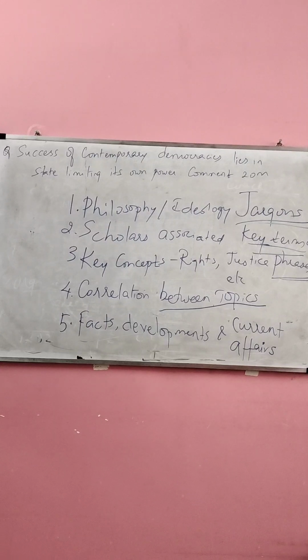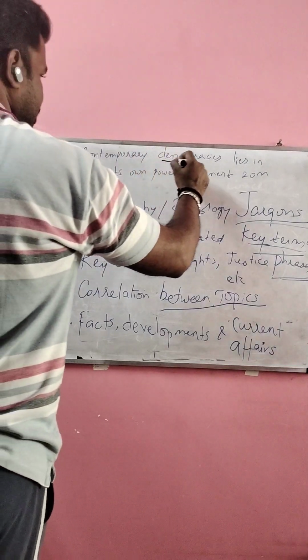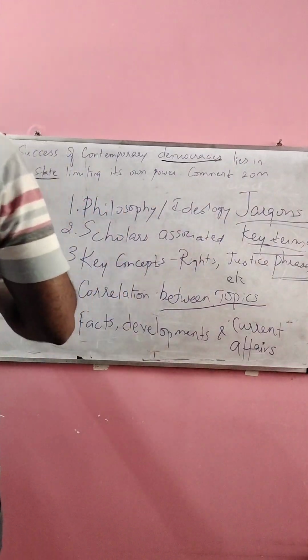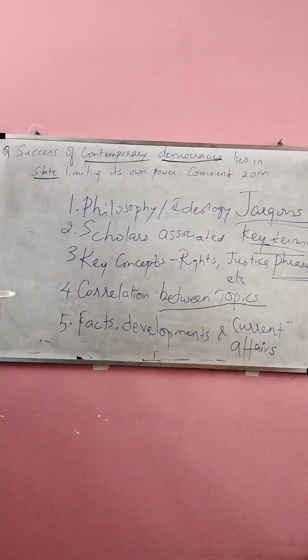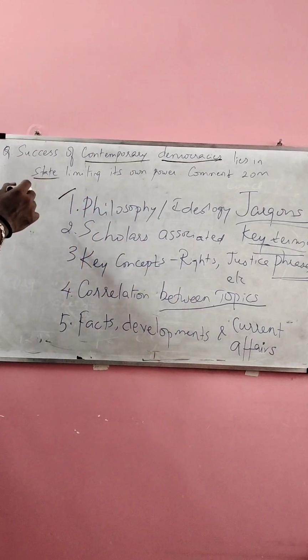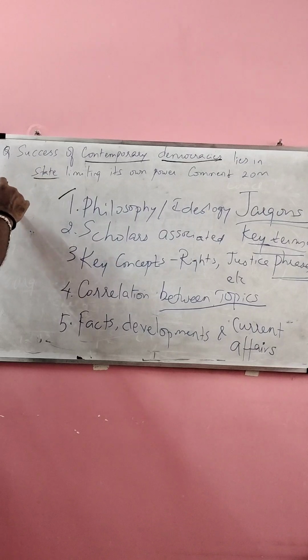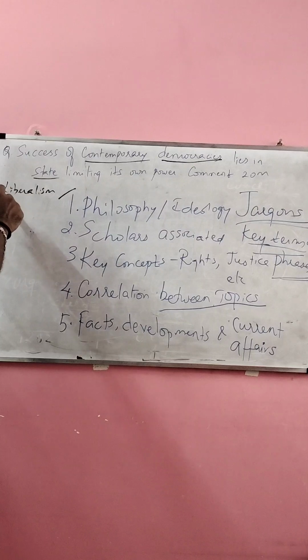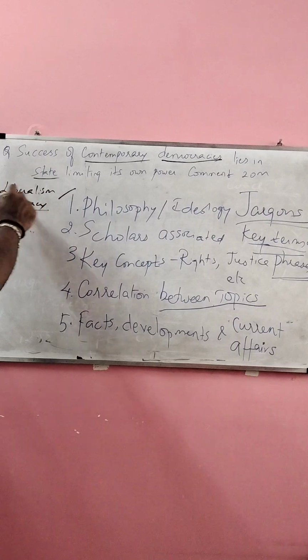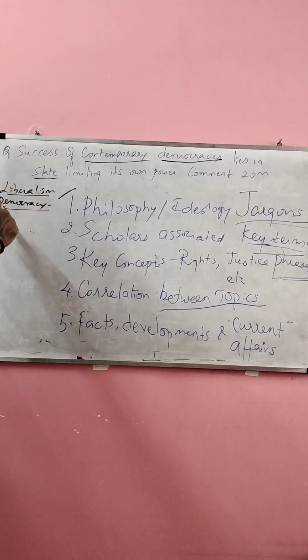Now apply the framework. The question is related to democracy. It is related to state. It is also related to contemporary democracies. So what is connected to the ideology and philosophy? Can you tell me? When it comes to philosophy and ideology, the concepts are liberalism, liberal state, democracy. Under democracy, you have to compare